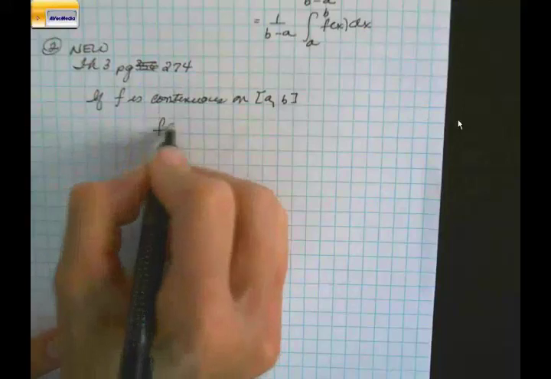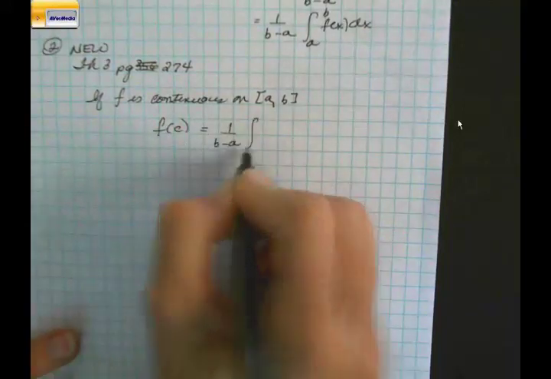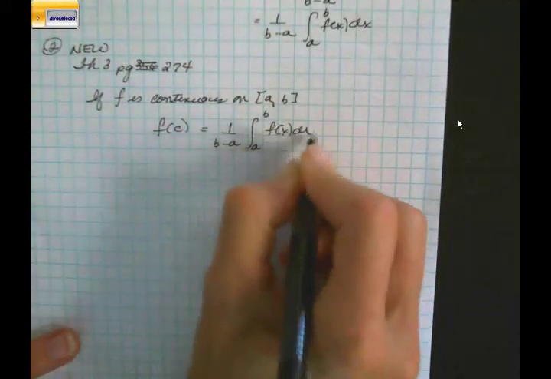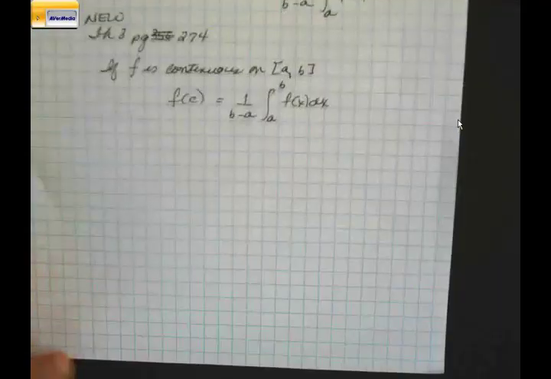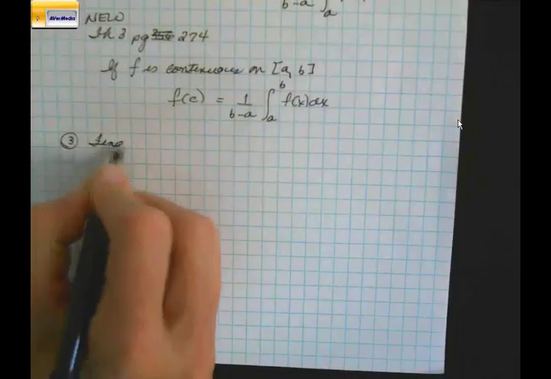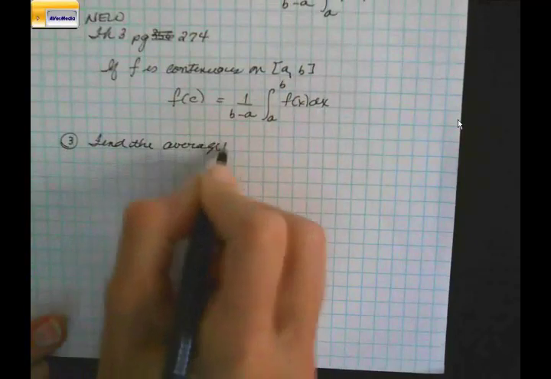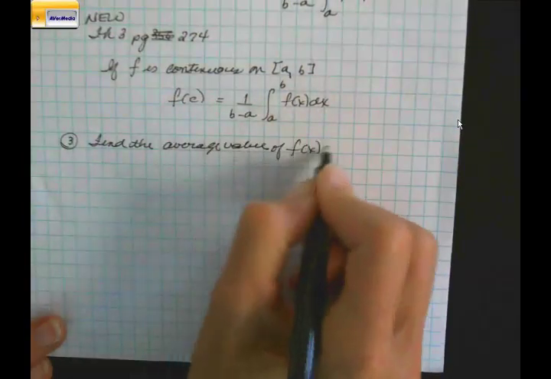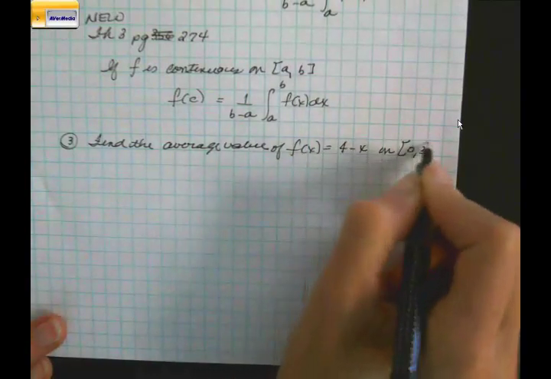And we're saying that f of c, the average height of the function, is 1 over b minus a, 1 over the width, times the area under the curve. Okay, so an example of applying this, which will come very naturally to you, is if it says find the average value of f of x when f of x equals 4 minus x on the interval from 0 to 3,